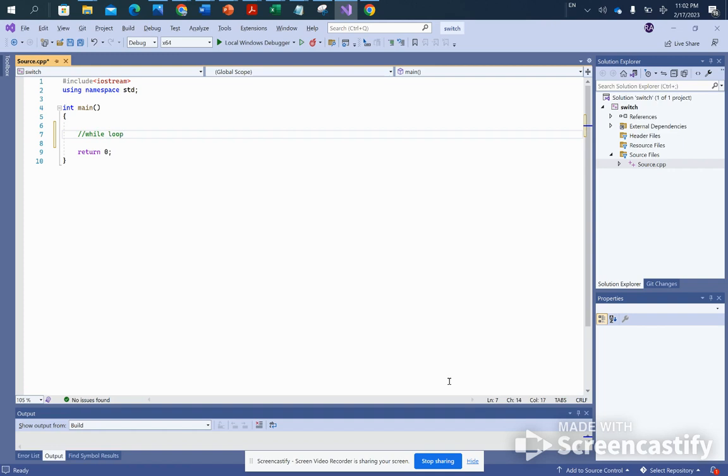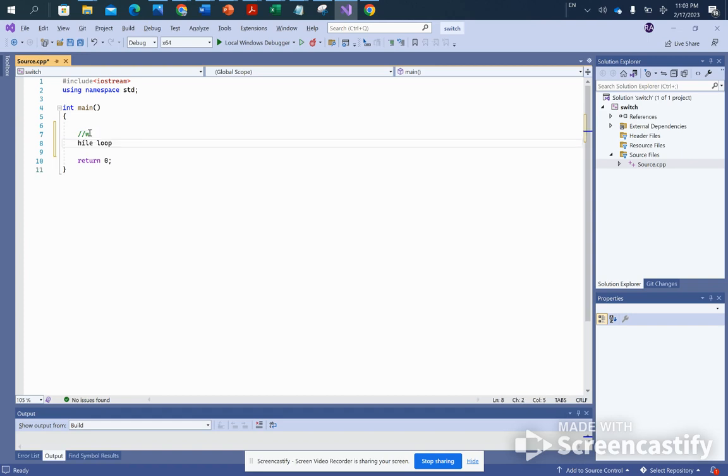Now, whenever you see me putting double slashes and then some words in there, note that anything that I have after double slashes is what we call comments in C++. I can write anything in plain English after the double slashes, and those specific things that I write are ignored by the compiler so that we can, again, comment our code. And we'll talk about comments at some point later on.